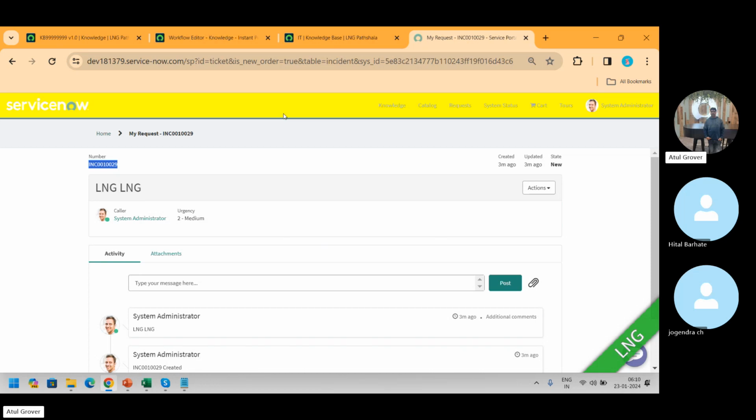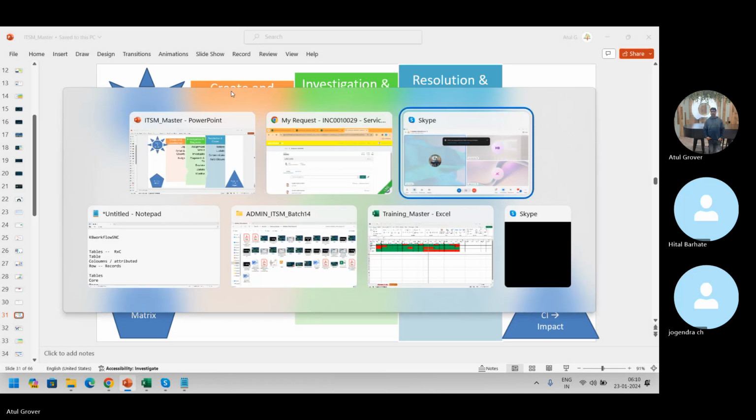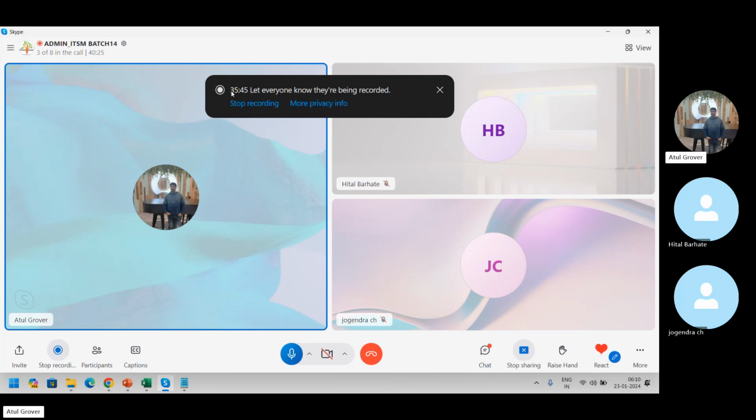Okay. Now, incident has a life cycle. Total three major steps. Create and classify. What does this mean, create and classify? Let's say